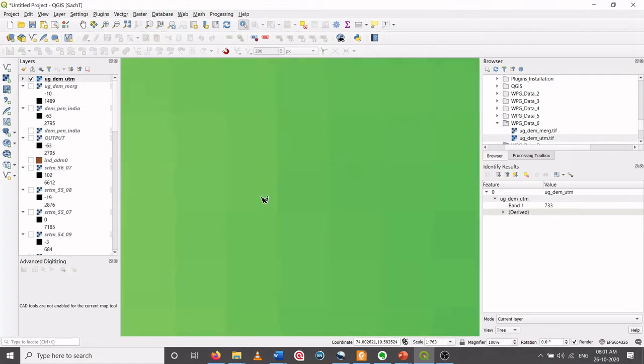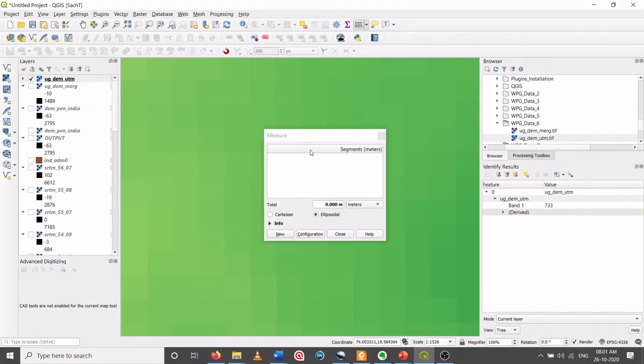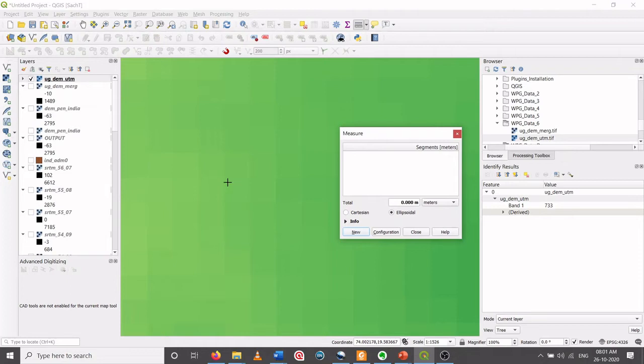And if I want to measure the dimension of the pixels, I can do it by using a tool called the measurement tool available over here. If I measure the width of the pixel, you can see it's almost 29.9, so it's almost 30 meters.